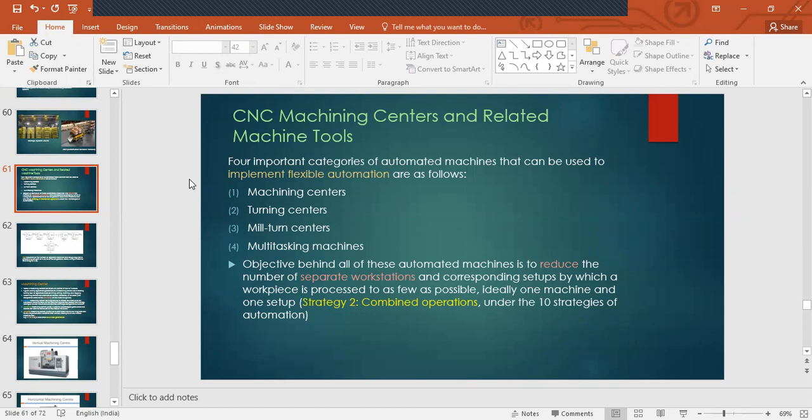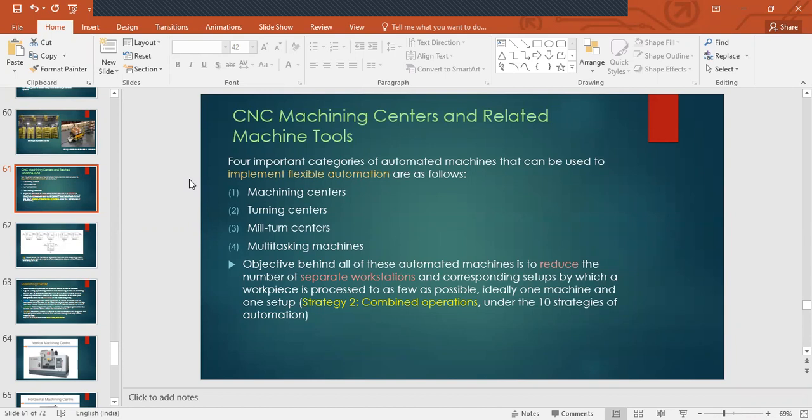These are the four categories that we can make: machining centers, turning centers, mill turn centers, and multitasking machines. So what is the objective behind all of these automated machines? It is to reduce the number of separate workstations and corresponding setups by which a workpiece is to be processed, as few as possible.